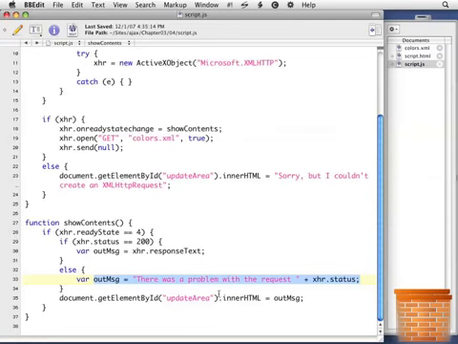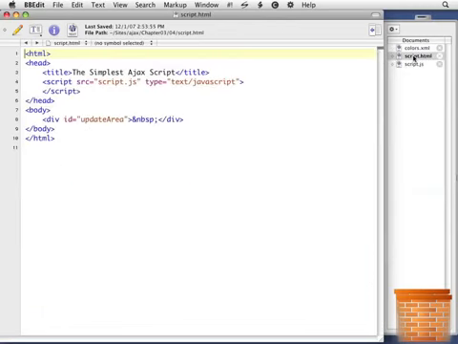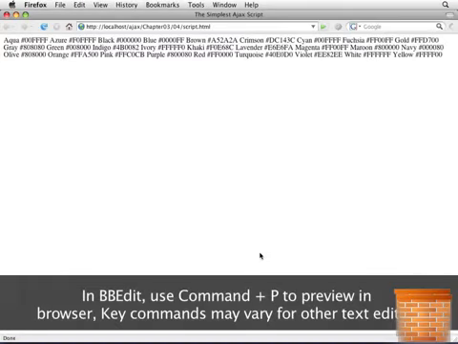And then finally, we set the update area div in our HTML. We set its inner HTML to be whatever we've set up outMessage to be. So now that we've walked through the code, let's see what it's actually doing. We go back to our script.html file, and then we load this page into our browser. And you can see Firefox now has localhost/ajax/chapter